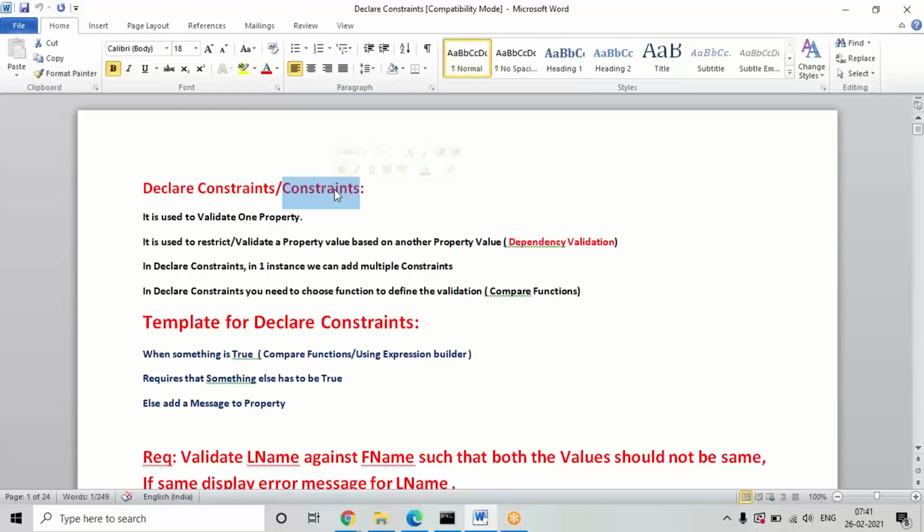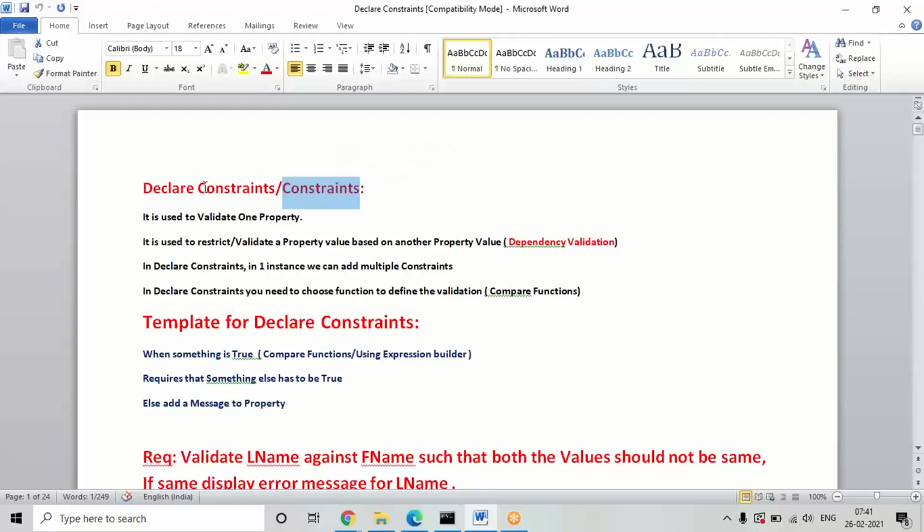But specifically, they have given additional functions as well. Even though with that same function we can define all the conditions, separately they have given some functions related to what type of properties. Suppose you are mapping two strings, or two integer properties, or two date properties, accordingly some additional functions they have given. Okay, that also I'll show you.